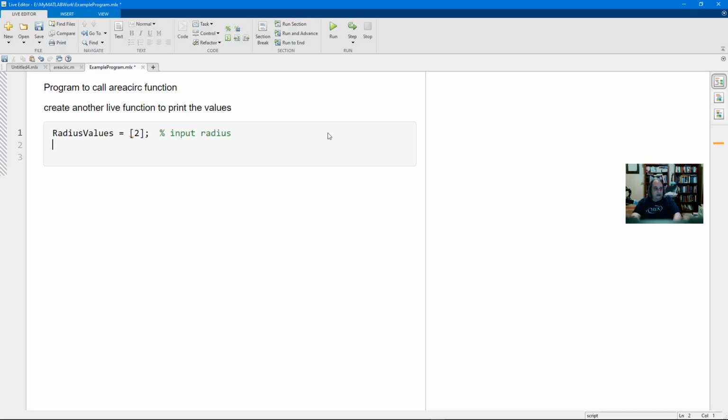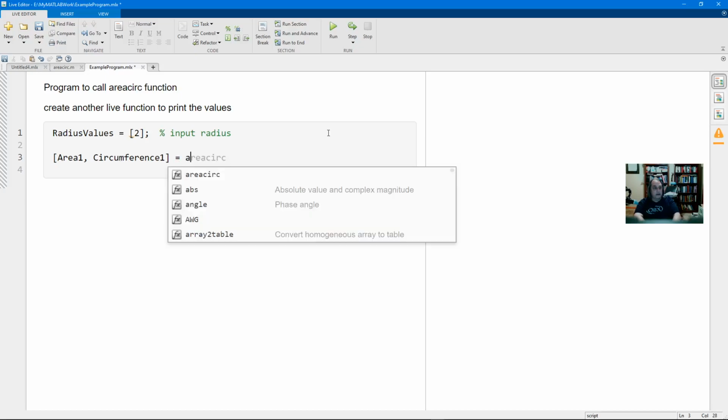My input radius. So to call our function, I know I'm going to get the area and circumference, so I create two variables, and my function call is